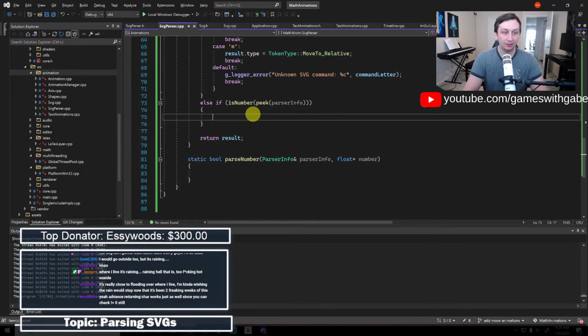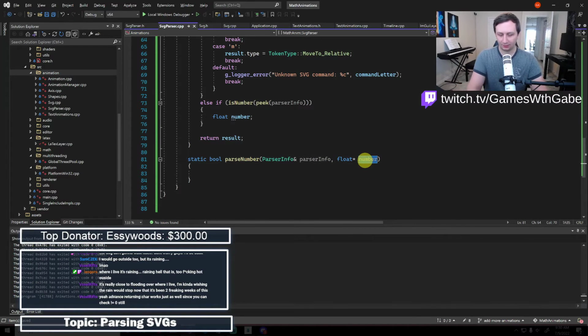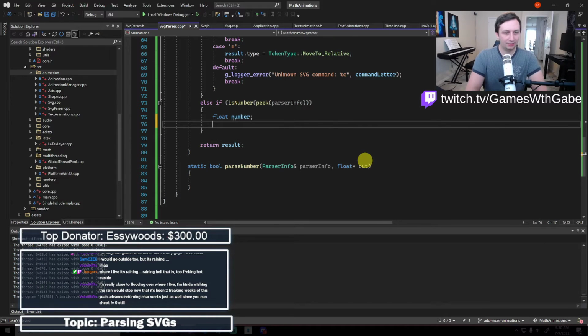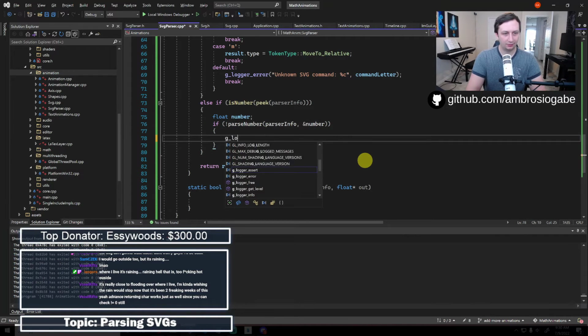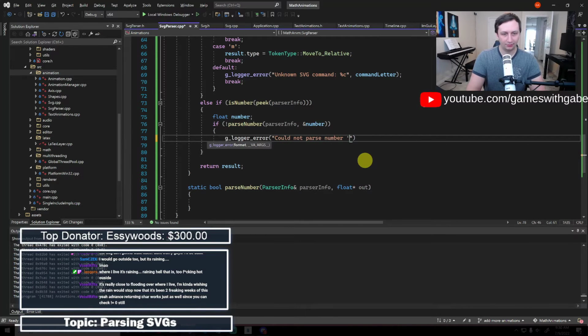So then what will happen here is if we see a number, then we will say float number, and we'll call this out instead. And then we'll say if not parse number, pass the parser info and number, g logger error, could not parse number. And then I guess we'll put an error message to do, put error message here.